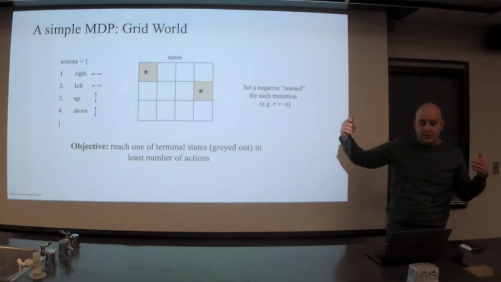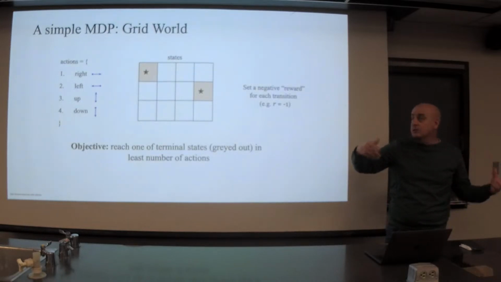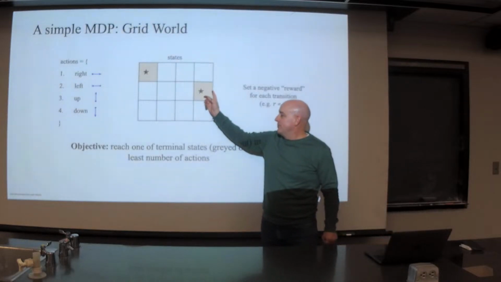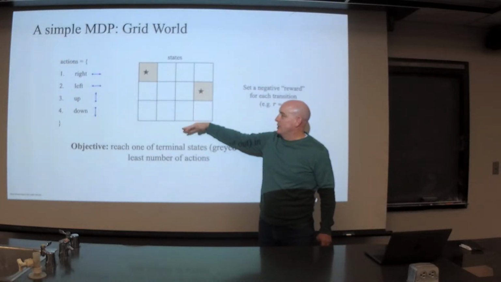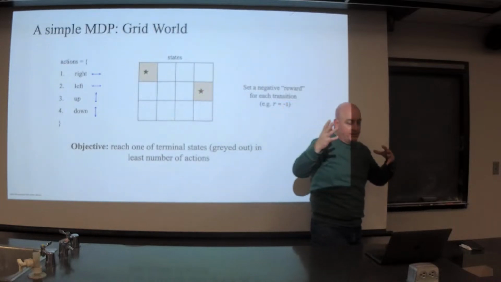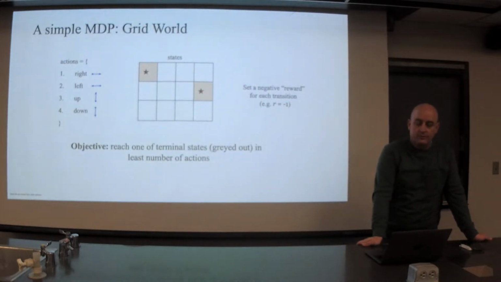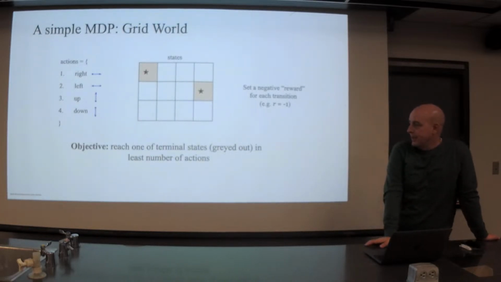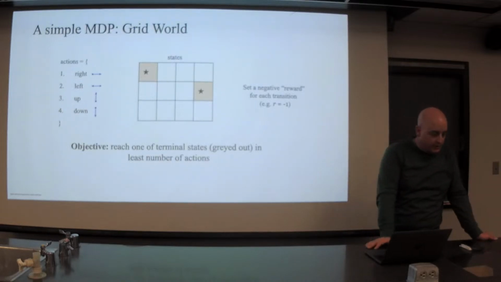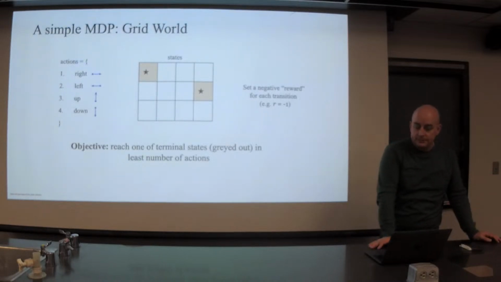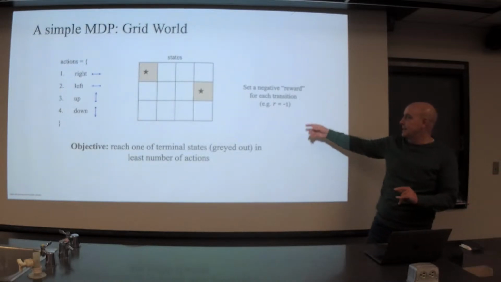And oftentimes the rewards in these grid worlds work like this: you might start at any random spot, but you get rewarded by getting to a particular cell in the grid that's considered a terminal state. Okay? So you want to do that. Oftentimes these are formulated so that you want to get there in the least number of actions, as fast as possible. How do you reward something like that?